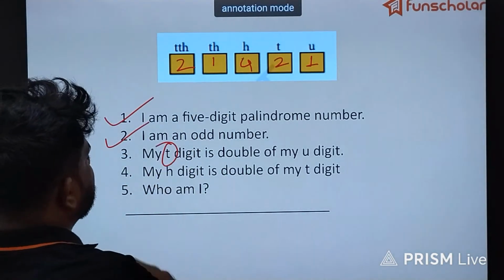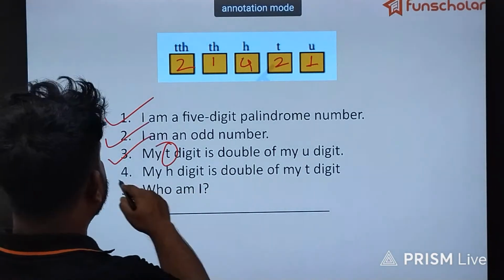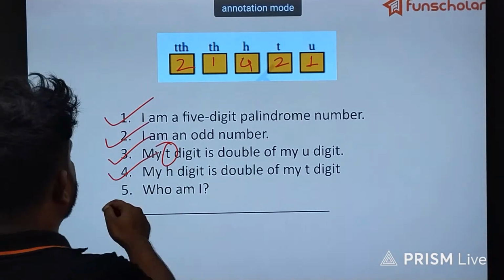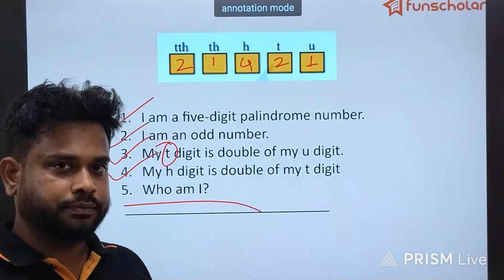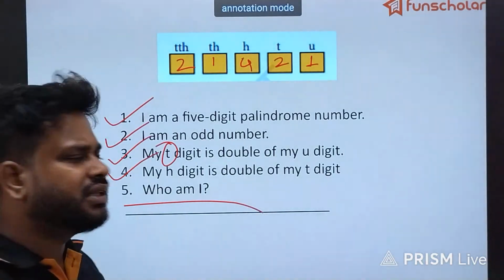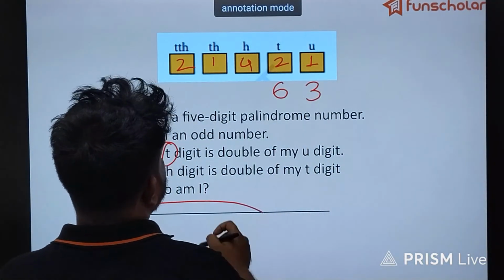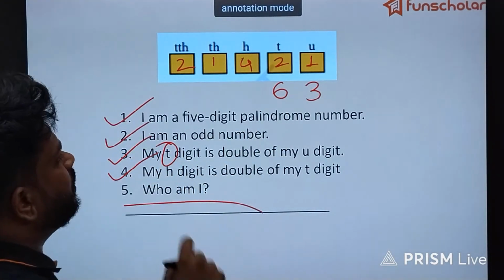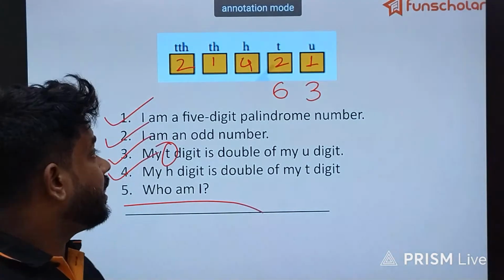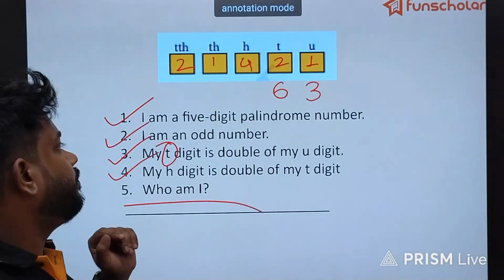This is an odd number, this is a palindrome number. The T digit is double of the U digit. The H digit is double of the T digit. Who am I? So we have found the palindrome number. Okay, so you can try it with other numbers as well. Like if you take 3, it will be 6. For the case of 6, no, it can't be. This will be the only option here. Okay,